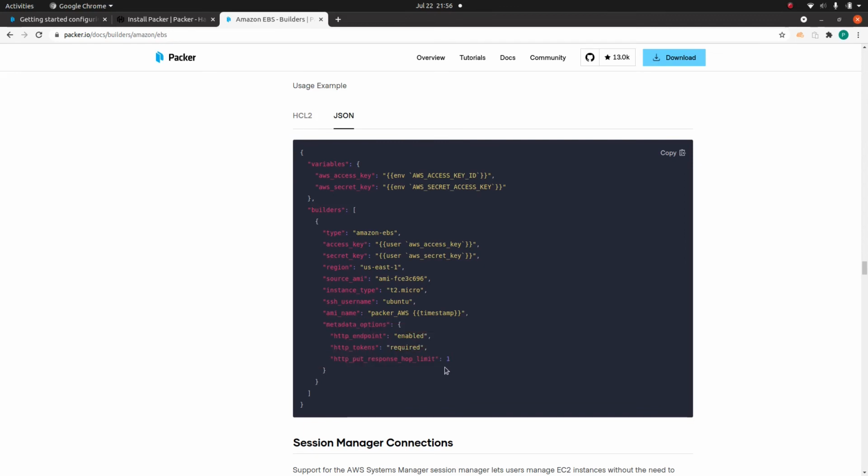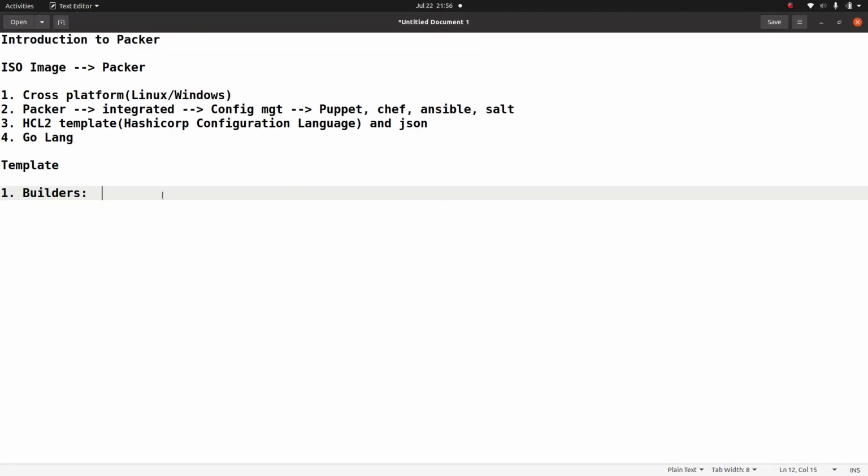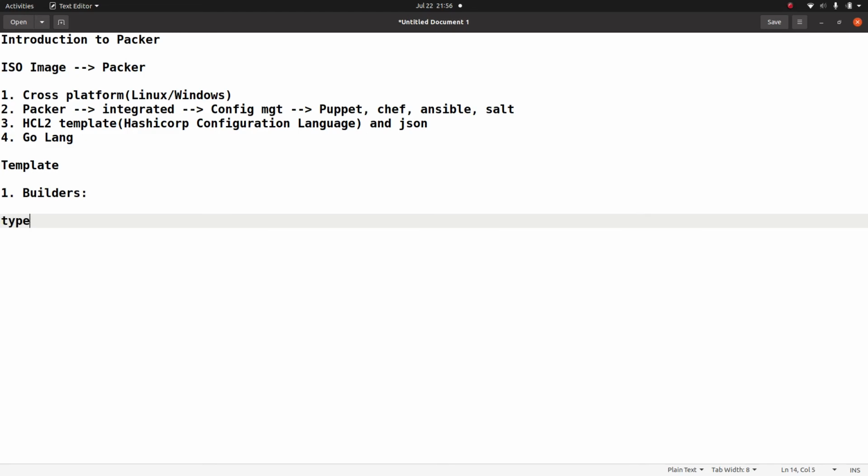So I said builder is the most important section, and you need to define the type of builder. For example, the type is amazon-ebs, and this is going to be used for an EBS backed AMI.